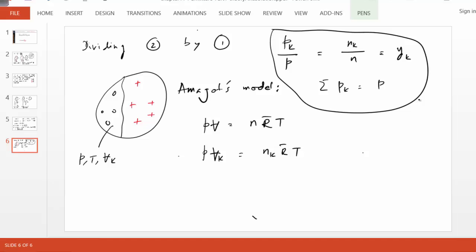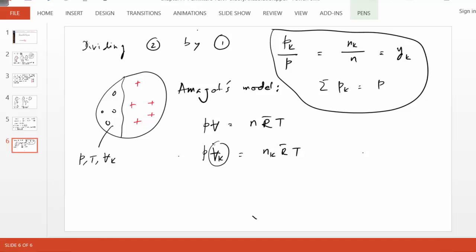While Dalton's model is very nice to express an existing mixture, you can think of an existing mixture as a superposition of pure gases with their own partial pressures. Amagat's model is useful because suppose you are trying to build a mixture at a pressure P, temperature T. Then you find its components and mix them with their partial volume Vk. So you get Vk amount of component k and mix them together,